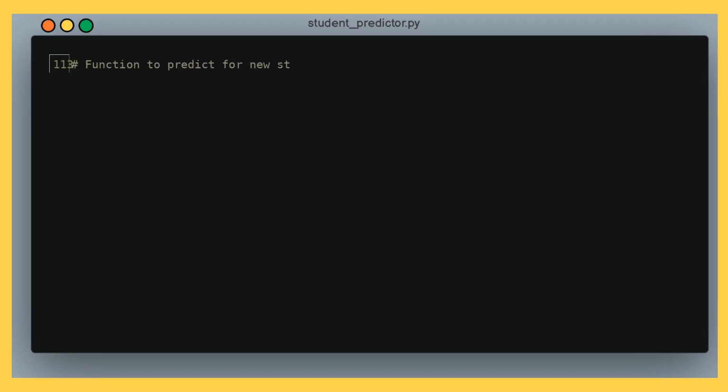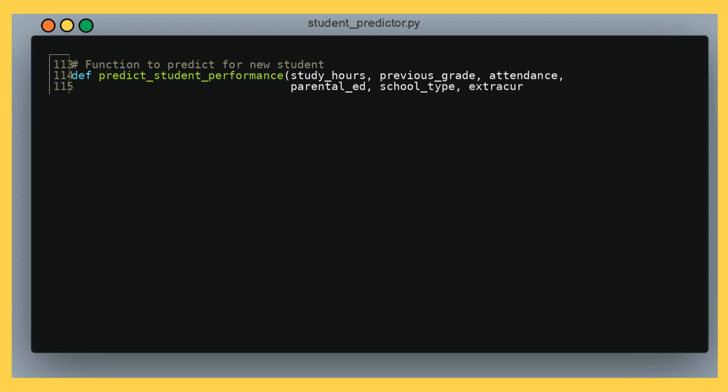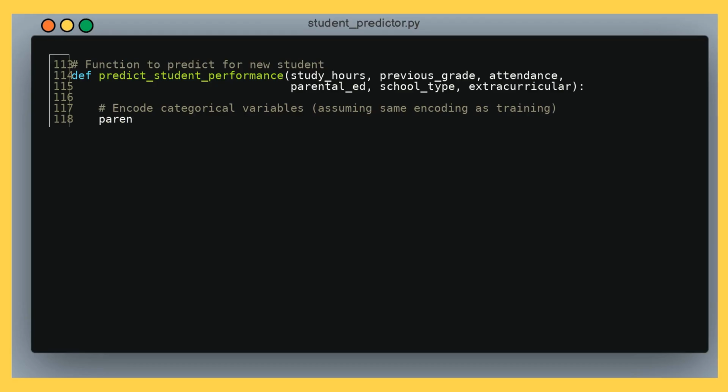Here's how to make predictions on new student data. We create a sample student profile, calculate the study efficiency feature, scale the data the same way we did during training, and then use our XGBoost model to predict their likely exam score. We create a